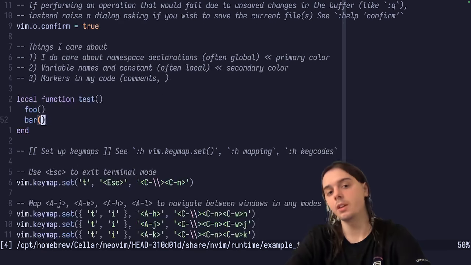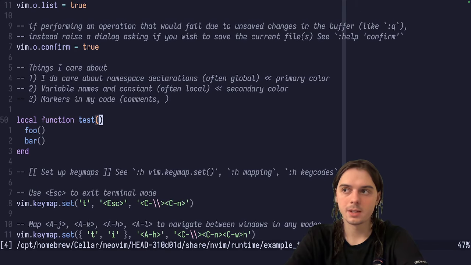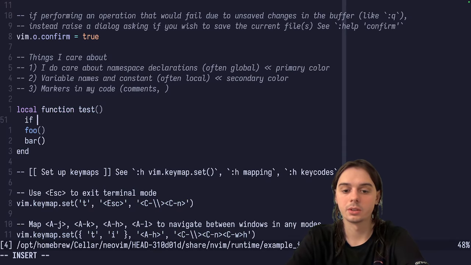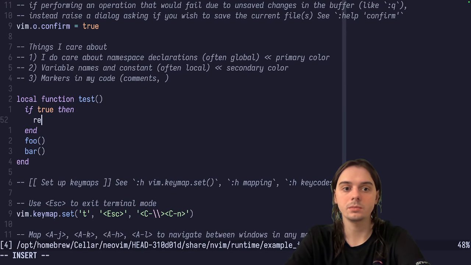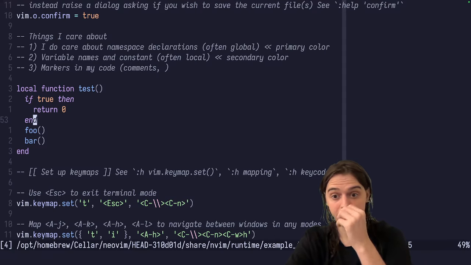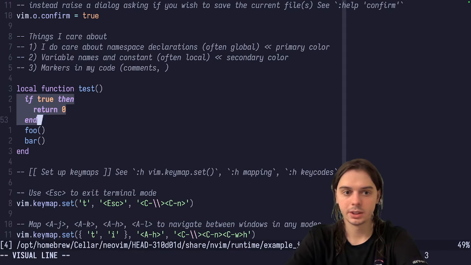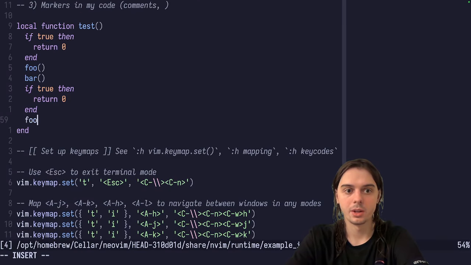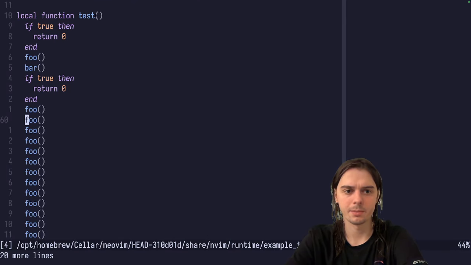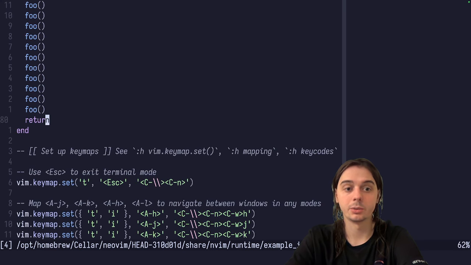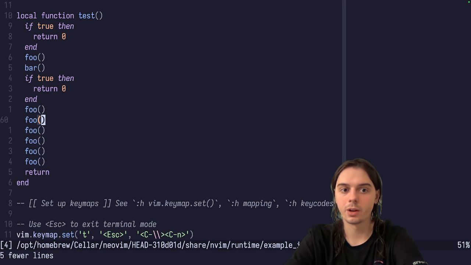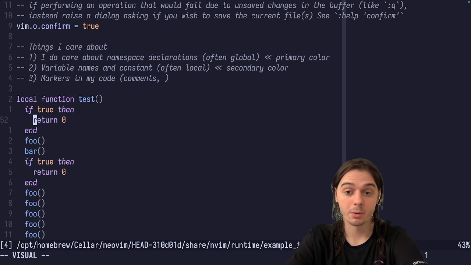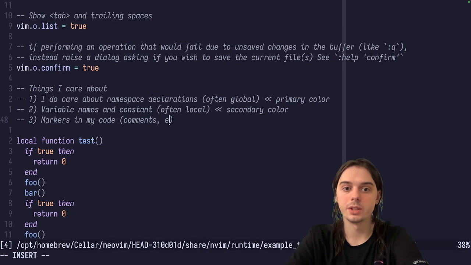Comments. The other thing is that a lot of functions utilize this thing called if true then return 0, right? So these kinds of early returns, and one of them may be here, then you may have something like that and return here. So I mean, you do need to scan for them often, and you do need to understand how your function works, and that is one of the markers that I want to highlight as well, right? I do want to see all the returns,